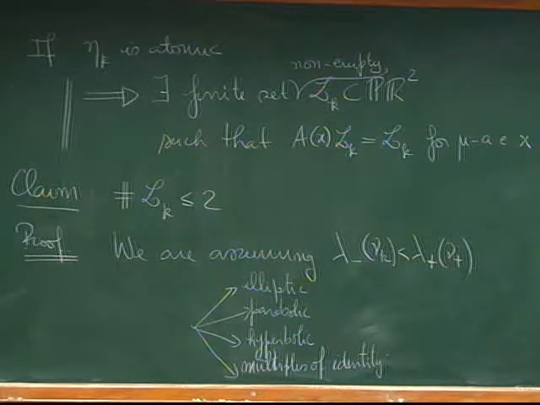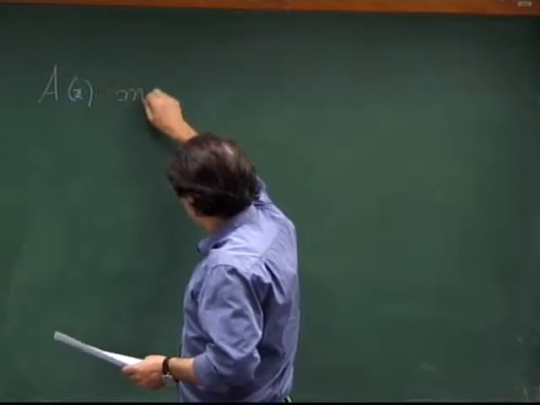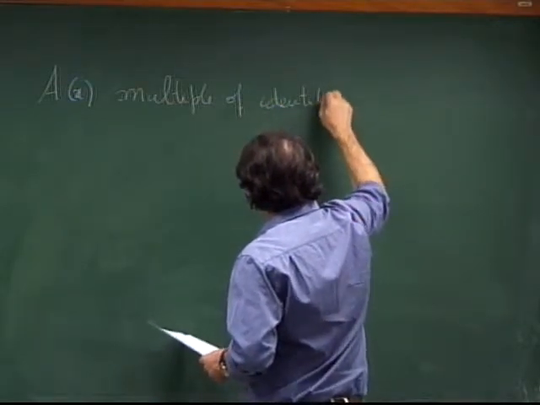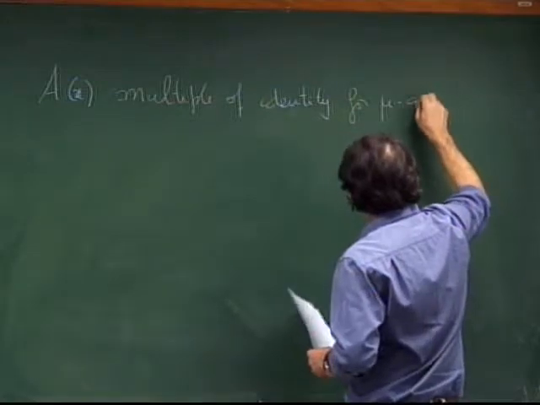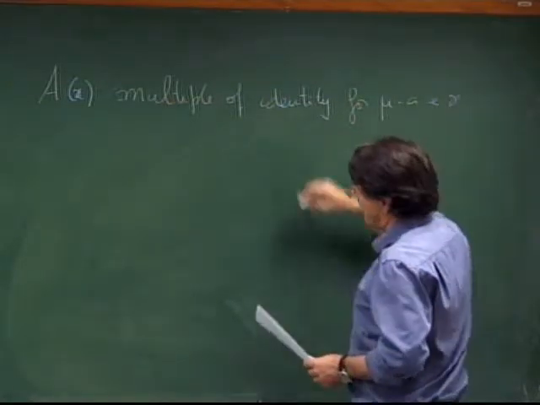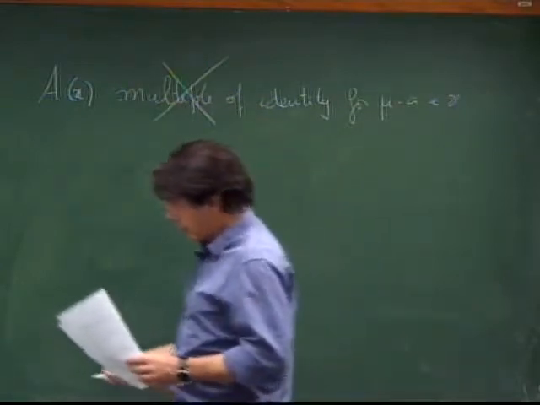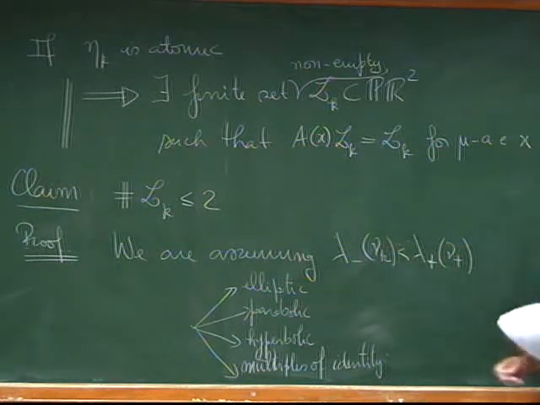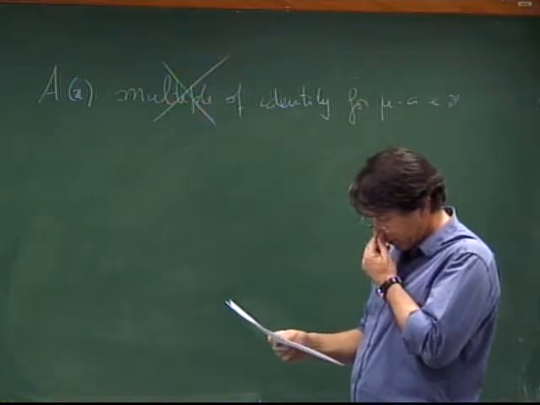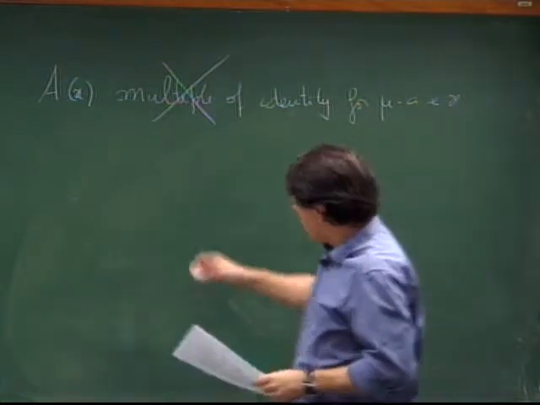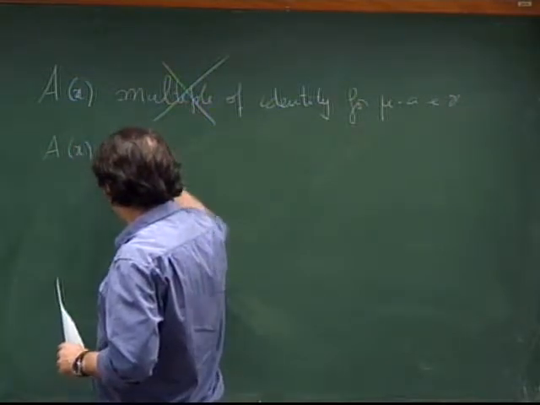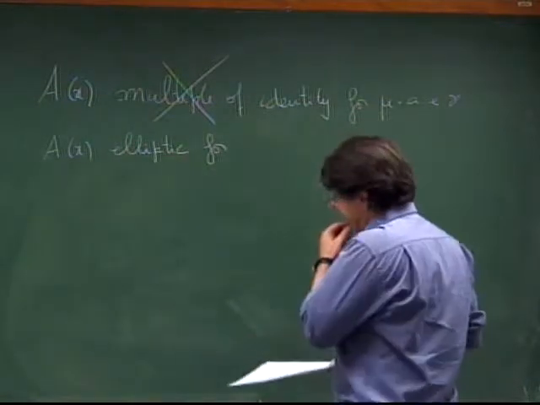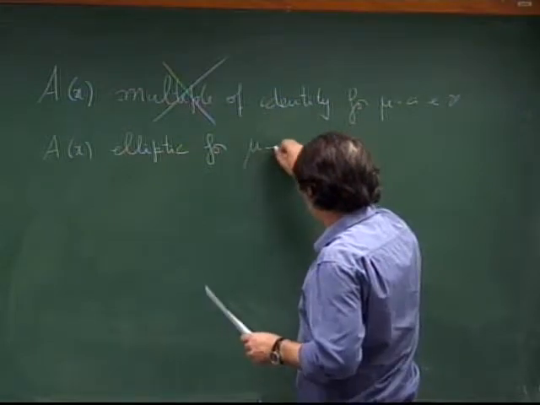If we only had multiples of the identity for mu almost every x, then this is excluded, because if you only have multiples of the identity, of course the rates of growth are the same for the norm and the conorm. The exponents would be equal. So this is excluded. If A of x were elliptic for mu almost every x,